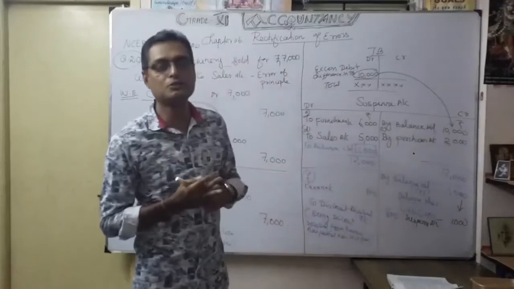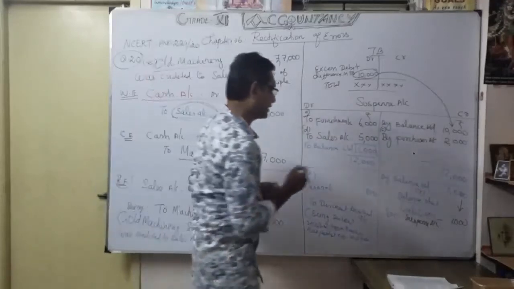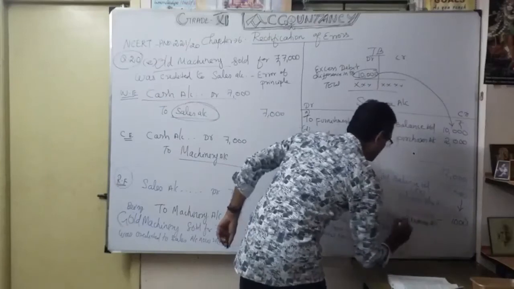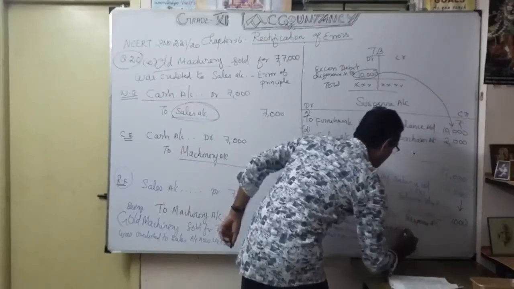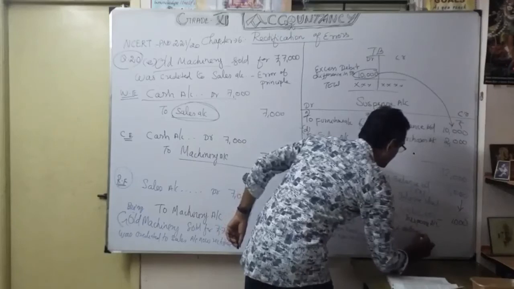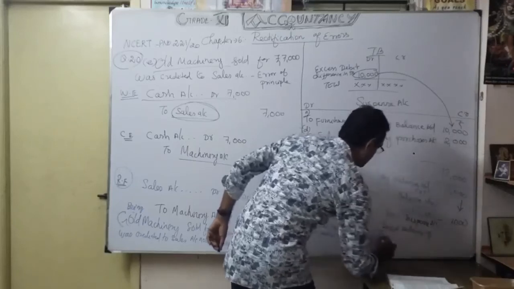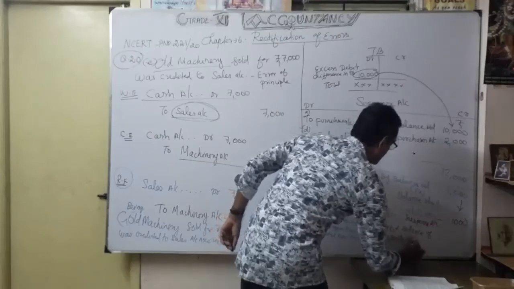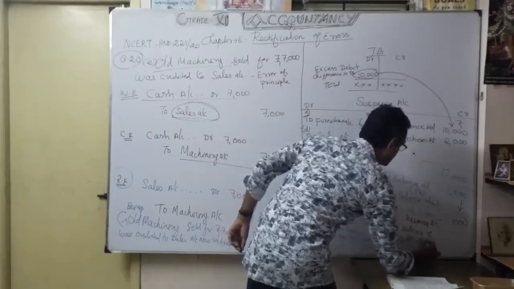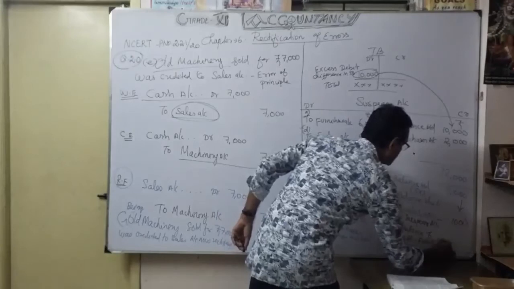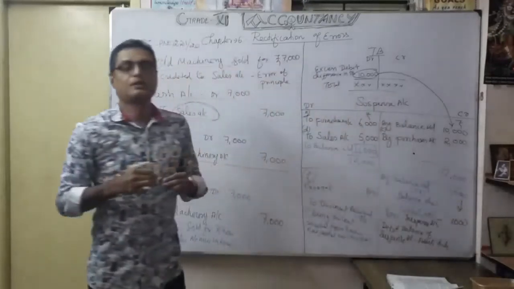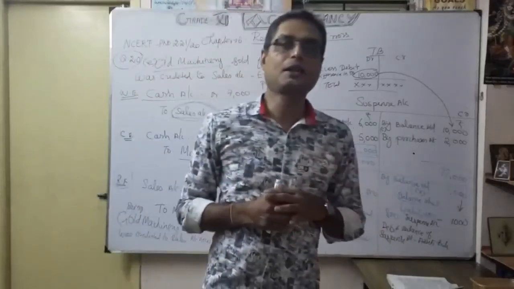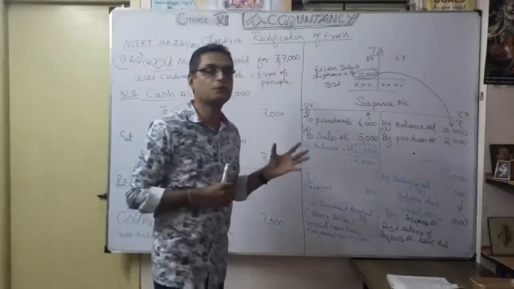So a debit balance is shown where? Asset side. That word I write here. So any debit balance, this is the credit balance. So now, any debit balance of the suspense account, where am I going to show it? It is on the asset side of the balance sheet. Similarly, any credit balance you want to show on the liability side of the balance sheet. So now you have understood this problem.